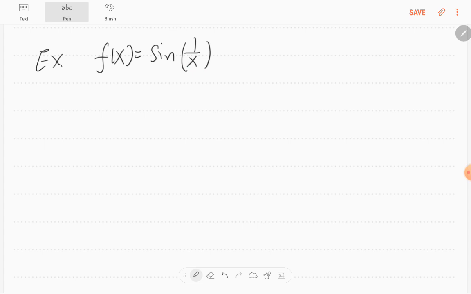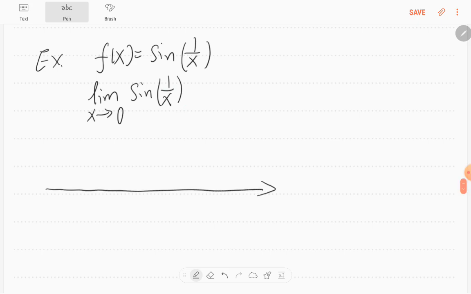Okay, so we want to know what is the limit when x approaches 0 of this function sine of 1 over x. Again, you cannot plug in 0 directly because the denominator would be 0, right, for the 1 over x. So if we know the graph for this function,